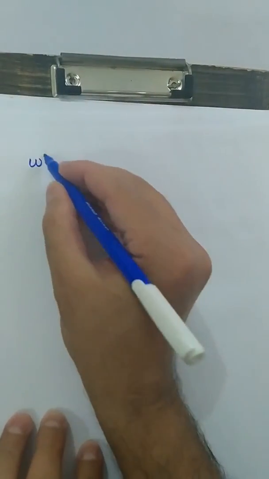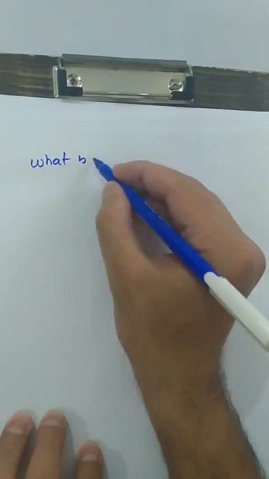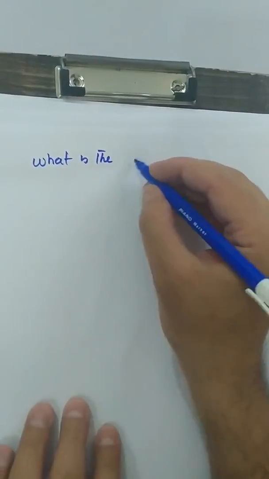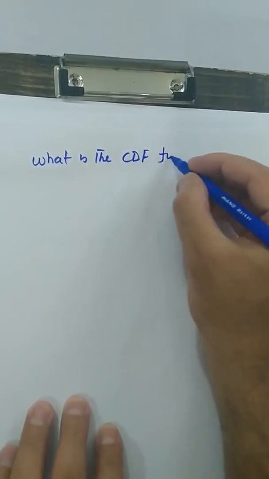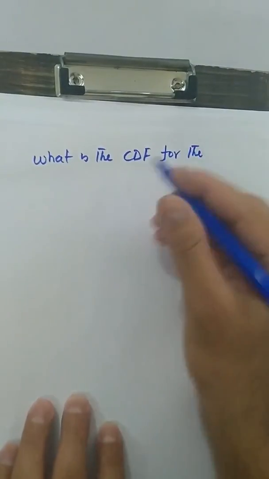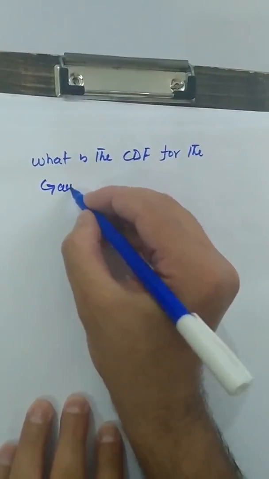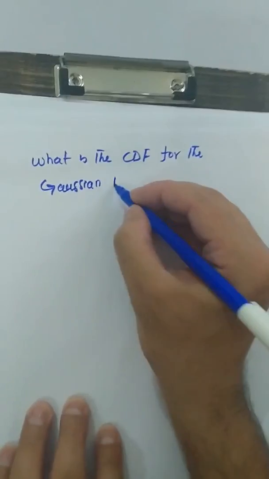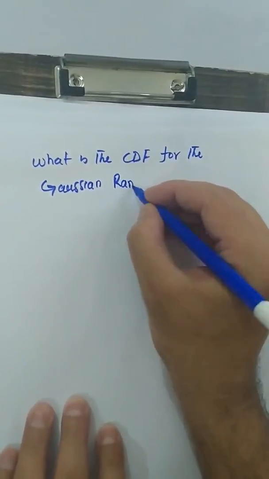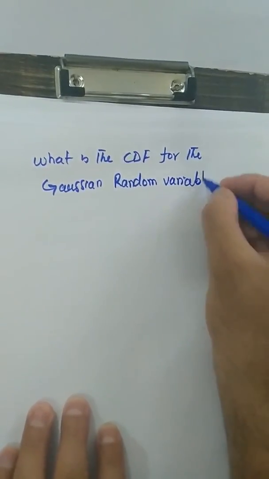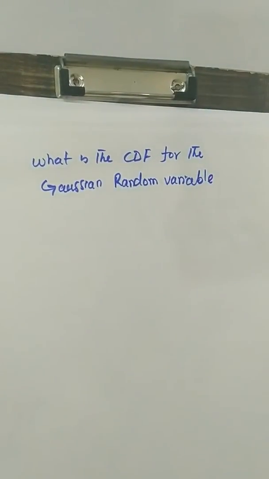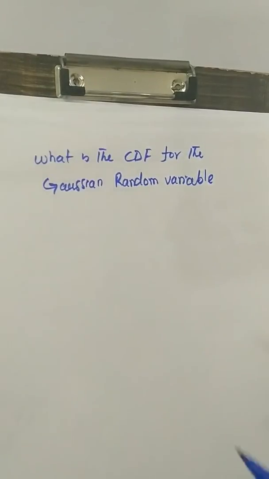So what is the CDF for the Gaussian random variable? The CDF of the Gaussian random variable is defined as